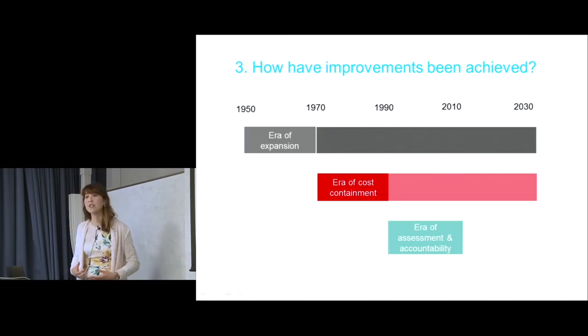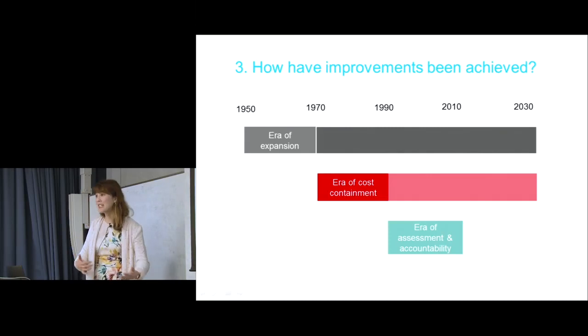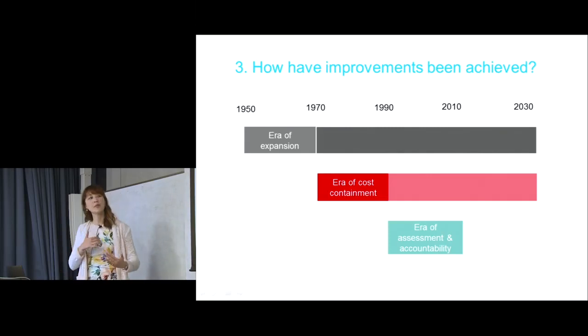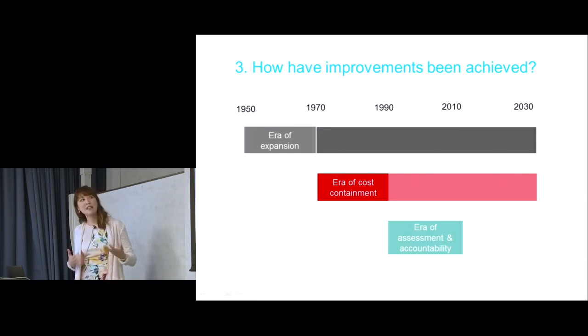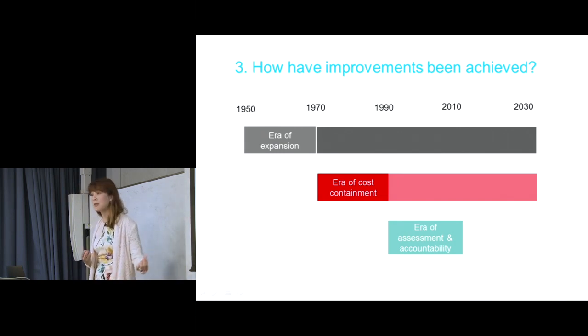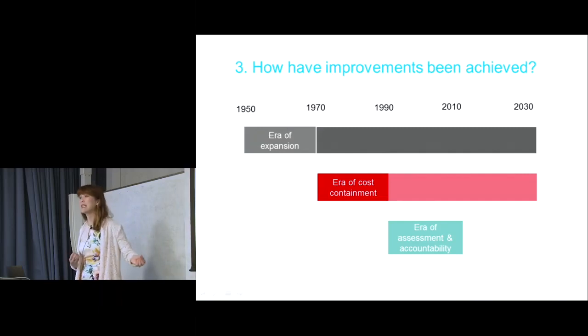And initially it worked, you could use financial incentives to really just curb activity. But eventually, the clever players in the system outplayed it, and actually it didn't really work. Healthcare costs were still rising. We can't just keep expanding indefinitely, and I think governments knew that. And then came the era from the 90s onwards, an era of assessment and accountability, and we are in this era of assessment and accountability.